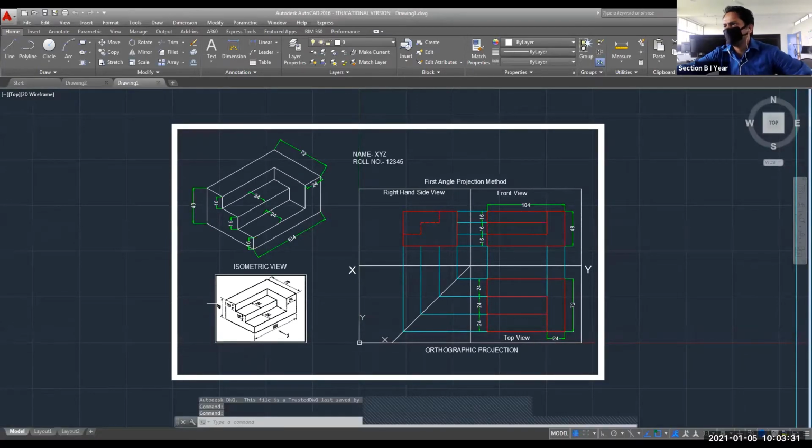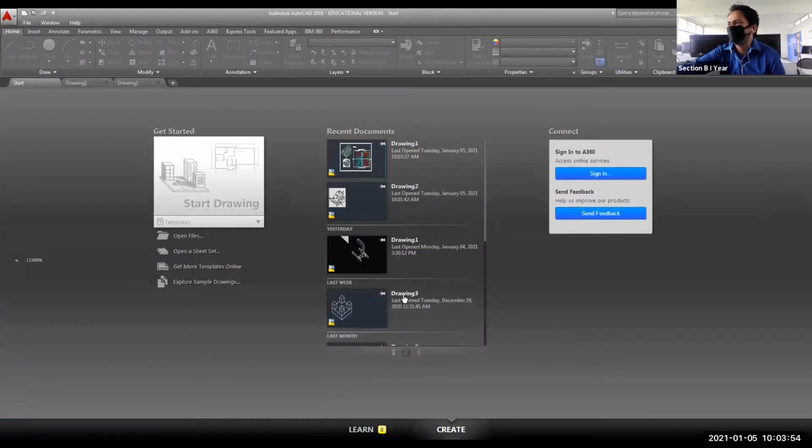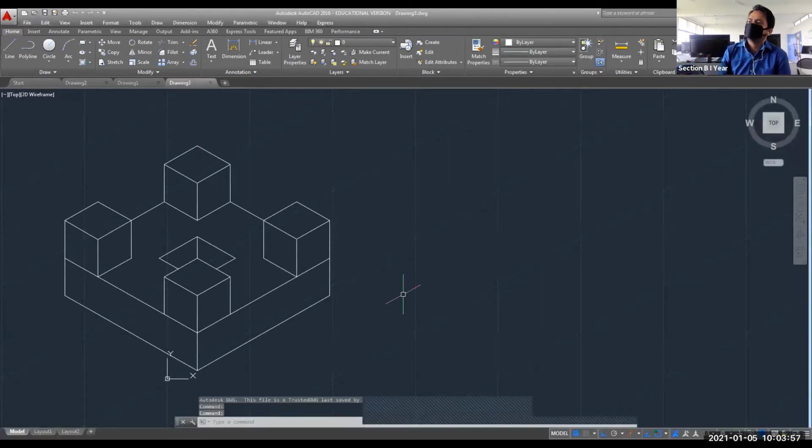Yeah, in the last class we have drawn this, in which we have one 3D object, or you can say this is steps problem. So for this 3D object, we have drawn its orthographic projection, and later on we have also seen how to draw isometric projection. Okay, so for one more object we have drawn like that. We have drawn an isometric projection or isometric view of a 3D object like this. Now today we can start with this object.